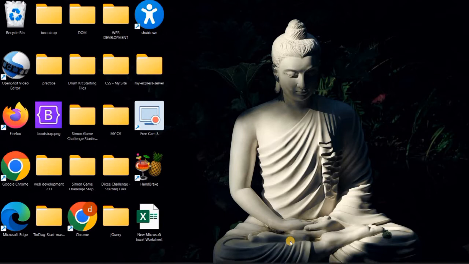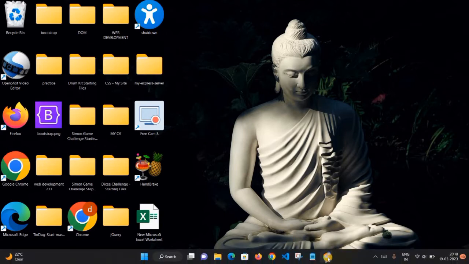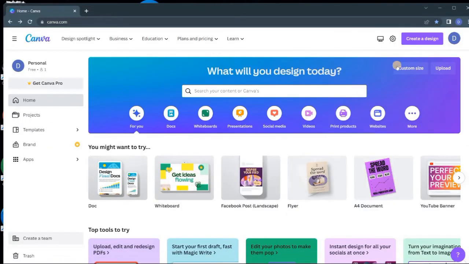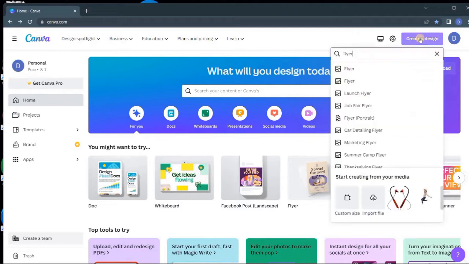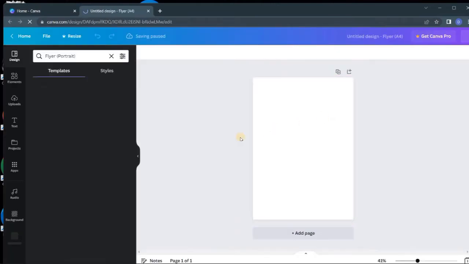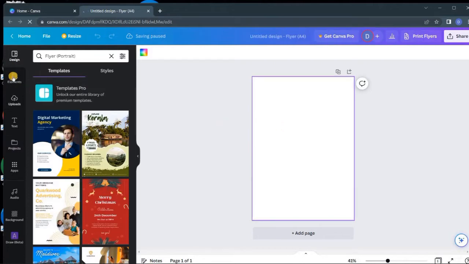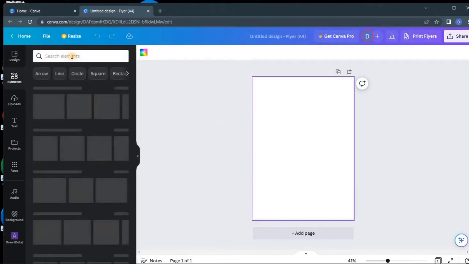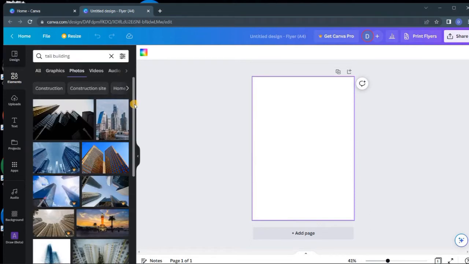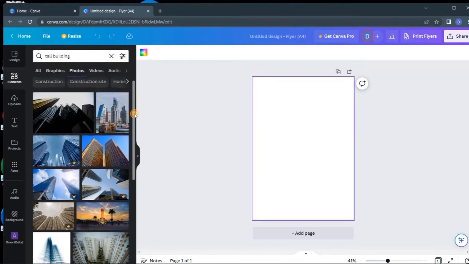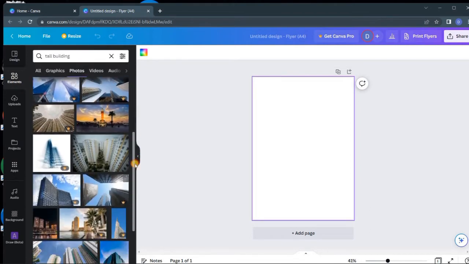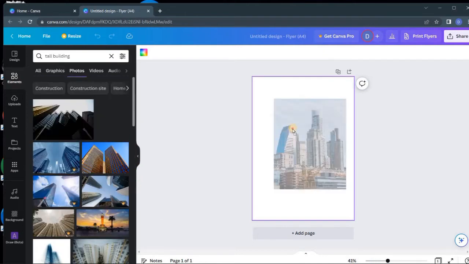So, here we start designing and here we are in the home dashboard of Canva and here we search for flyer and we are selecting flyer portrait and here is our blank canvas. So let's start designing and here first we search for tall building. Here in the photo section, scrolling down we are going to select this one,